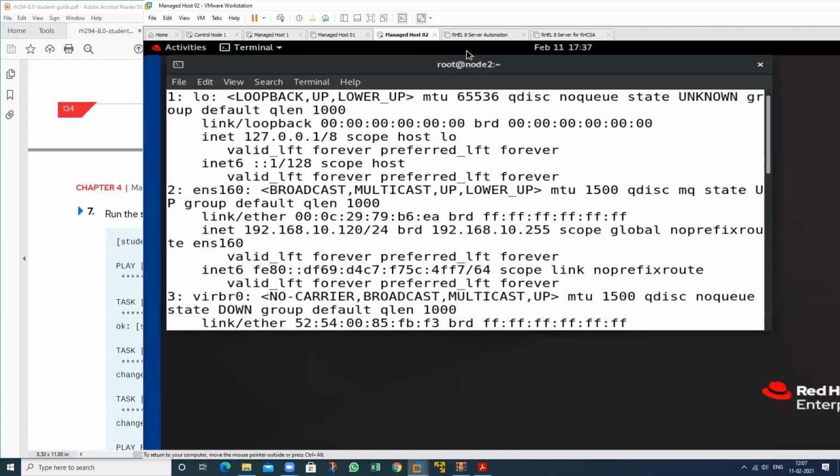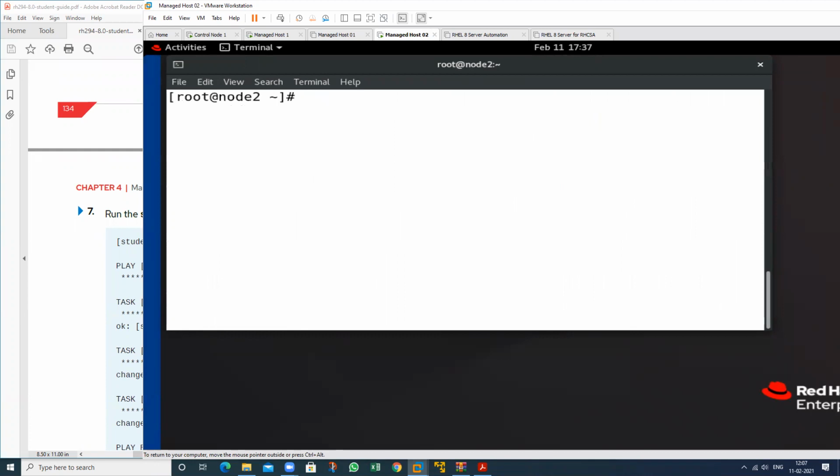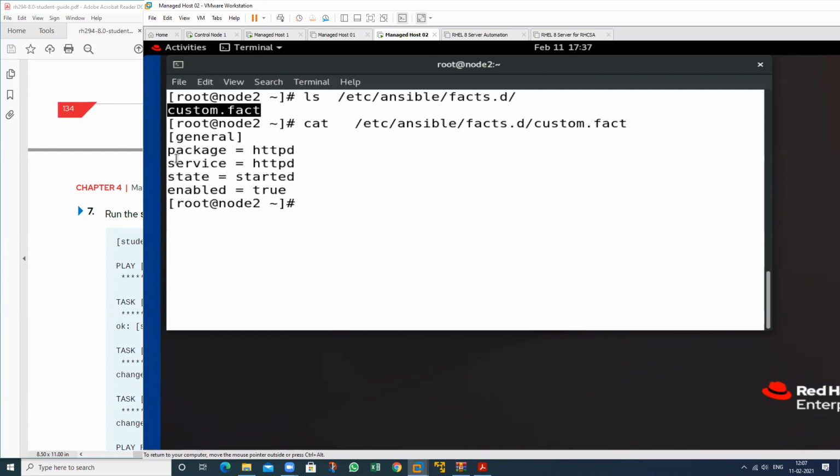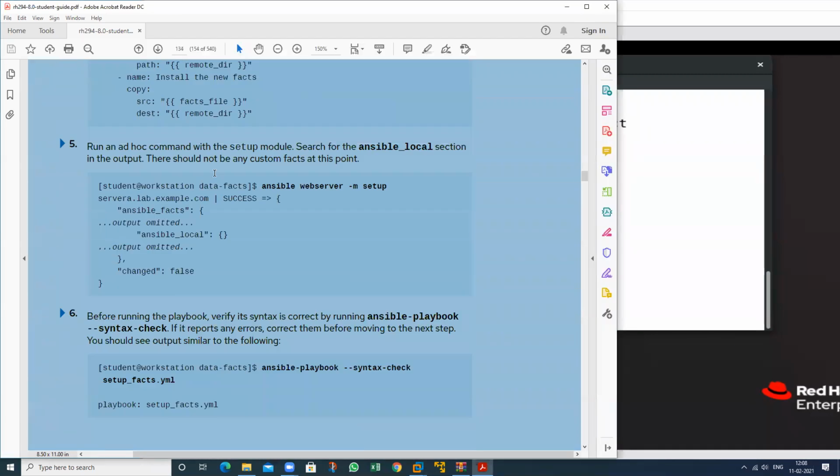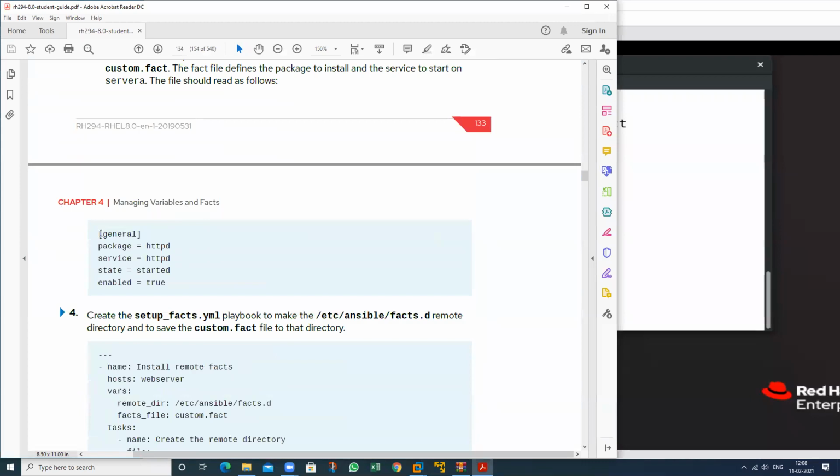See, on this machine, check. Now this file has been created. If we want to see, you can use this particular command. All this data will be placed on the managed host machine, another machine.